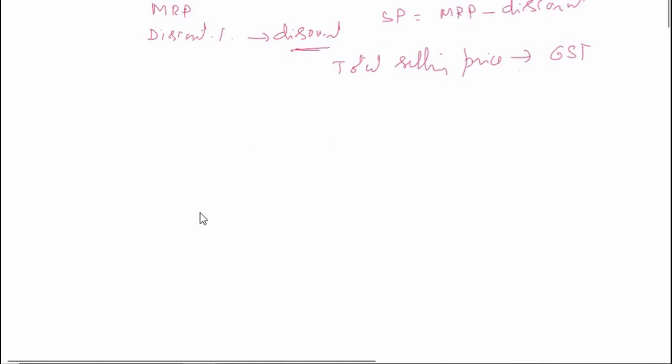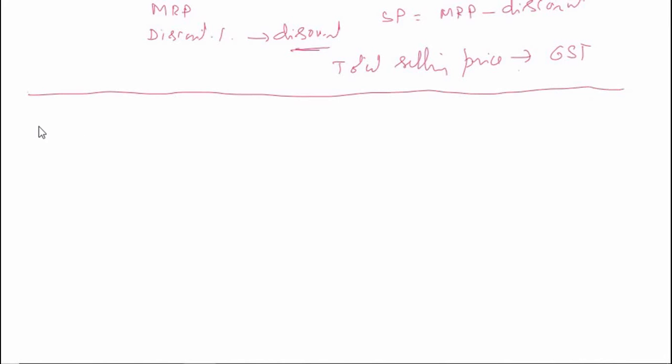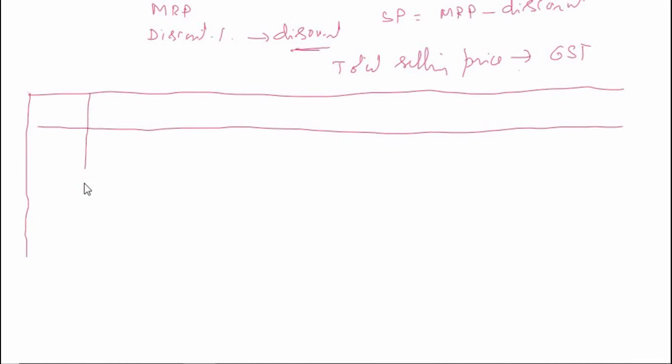So we will draw a table similar to this, but it will look a little different. Let me draw. Now the first column is quantity, QTY.